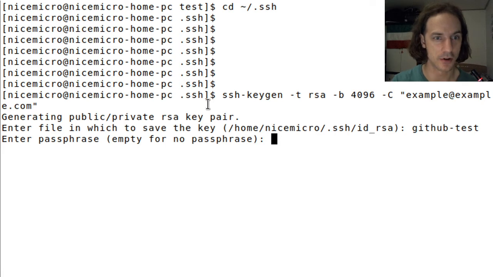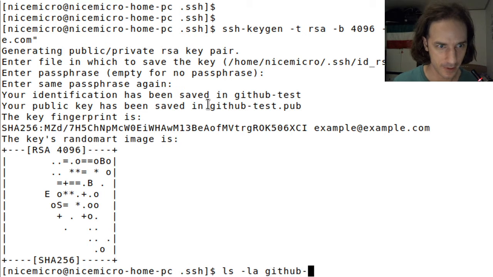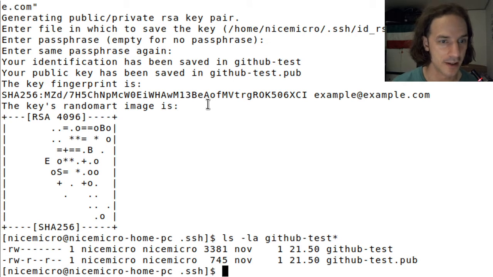If you are connecting to your GitHub repository, then you will just need this private key basically. But if you enter a passphrase, then it will also ask for a password. It's kind of a two-step authentication process. So even if someone gets a hold of your private key, somehow they won't be able to use it without a password. But in this case, I'm not going to bother with that. So we have created this file, and if I type in ls -la github-test*,